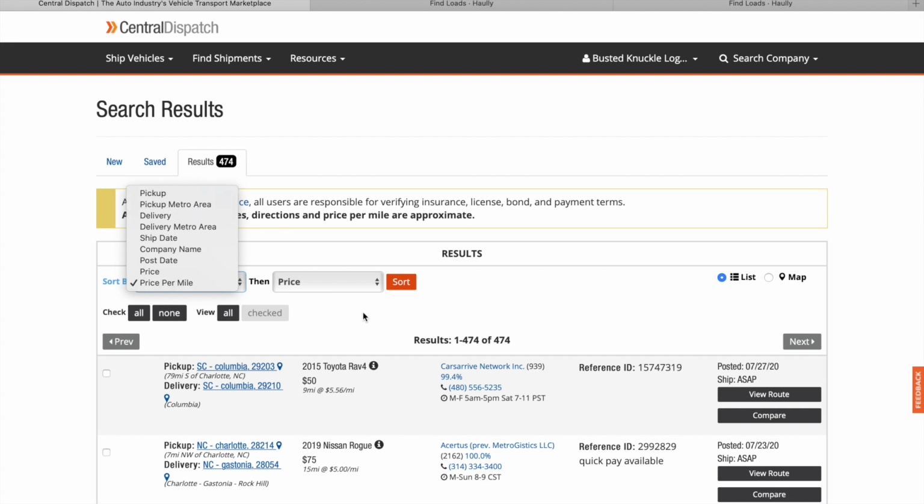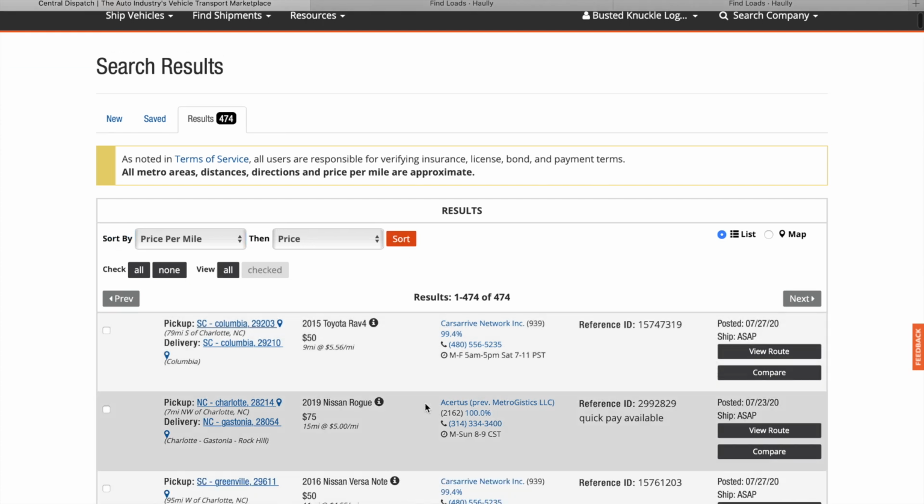Now, typically, I look at price per mile on here. Every load board's a little different. Like on Truck Stop, I will look at the newest ones, especially considering Hotshot loads on Truck Stop don't last, so you're really going to want to sort it by the newest stuff. So